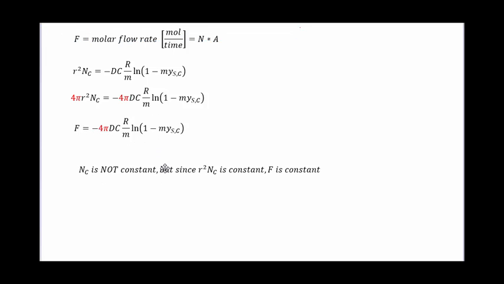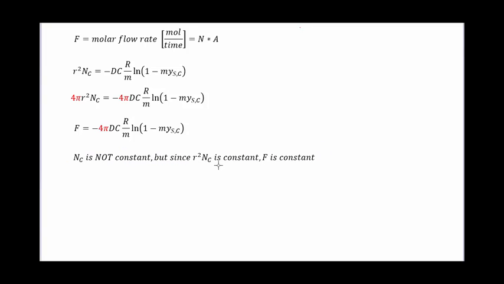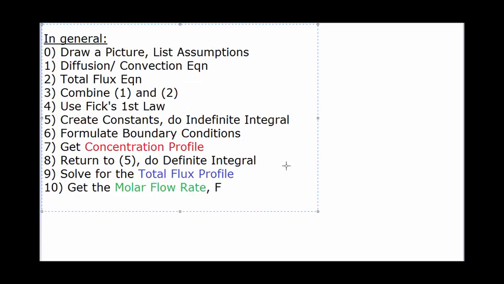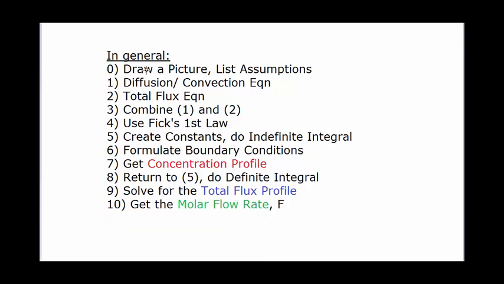What you see is that the total flux of C is not constant, but since r squared times the total flux of C is constant, the molar flow rate or the transport rate to the system will be constant. So the takeaway isn't exactly the concentration profile, the total flux profile, or even the molar flow rate of this particular problem. It's the algorithm you use to generally solve these. If you go through these steps, if you think about the assumptions you make, if you carefully replicate this every single time, as long as you model the problem correctly, as long as you get that initial setup, you